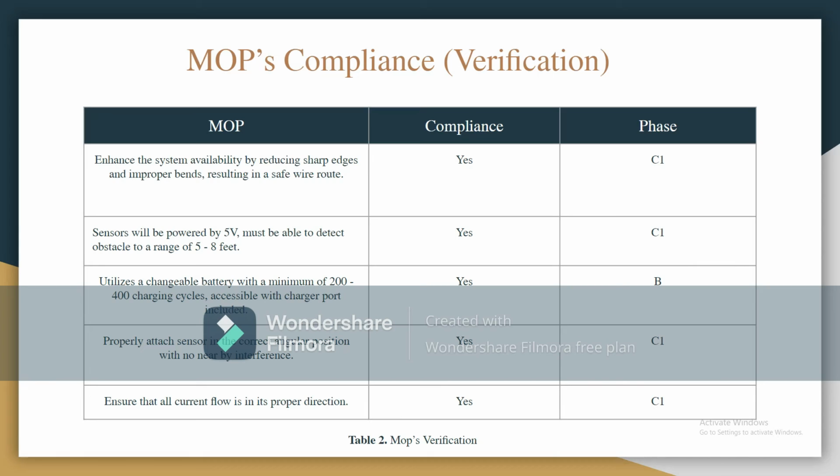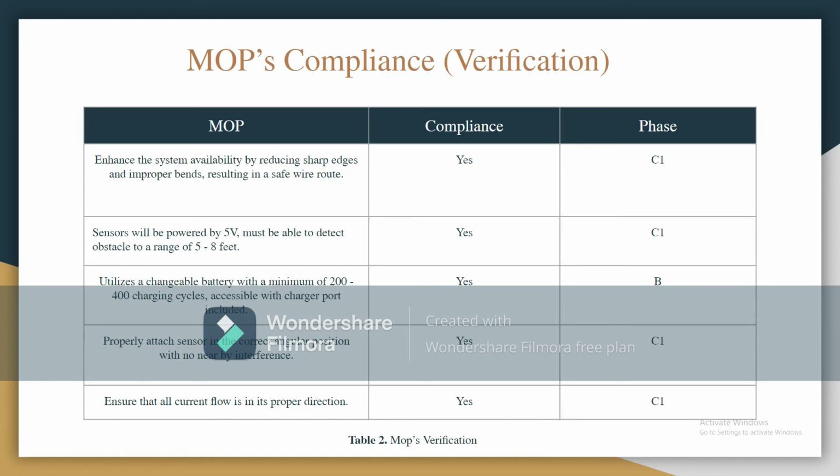For the second MOP, the sensor will be powered by 5 volts and must be able to detect obstacles at a range of 5 to 8 feet. Yes, we did comply. We verified it on this phase. As you saw in the video, we have our range detection where the ultrasonic sensor is going to send the signal if the obstacle is within 40 centimeters, and if not, we can adjust that. It's basically in the program, the code in MATLAB,